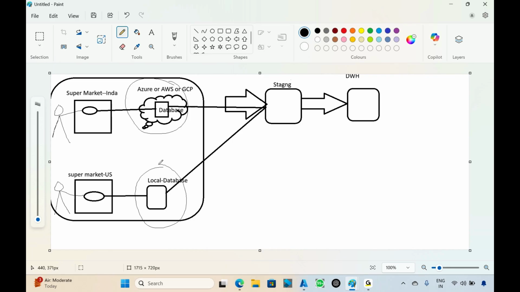From here to here, we will not do any kind of data cleaning or data transformation techniques. Then what will we do? We are just copying and saving the data here. Once the data is coming to this staging area,